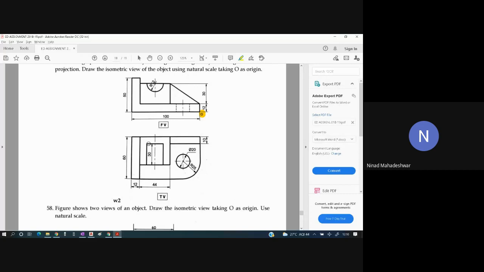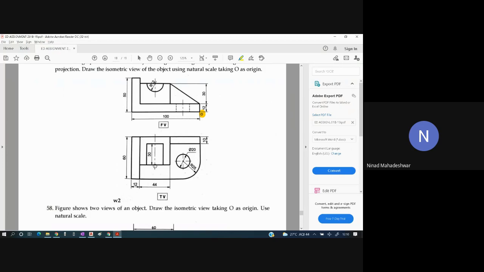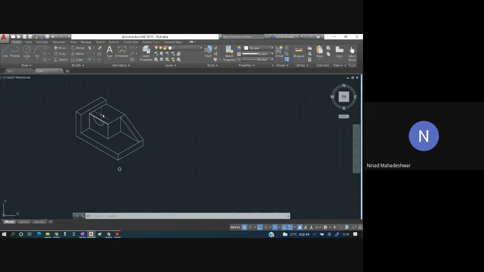Now we have to see the breadth of the circle. The breadth is going to start at this surface which we have drawn, and this should go inside by how many mm? 30. So we have to copy this entire semicircle at 30 mm. I will copy this and this line also along with that, from this center. It shouldn't go up, it shouldn't go down, it shouldn't go towards left, it should go inside. But it is not going inside.